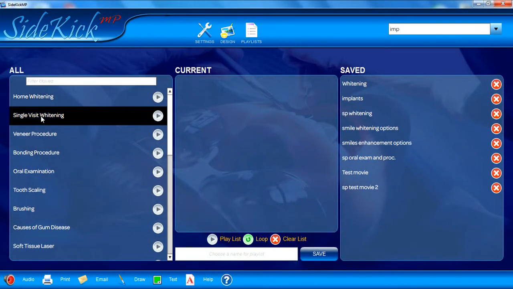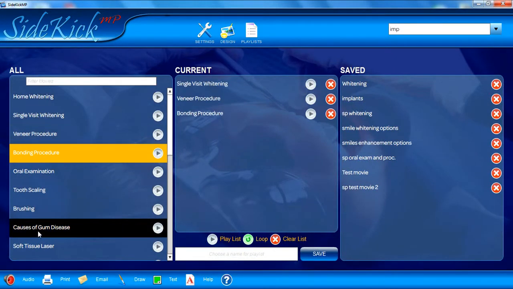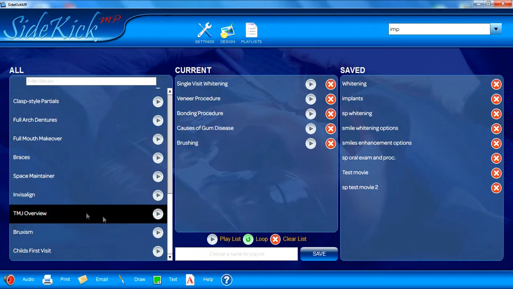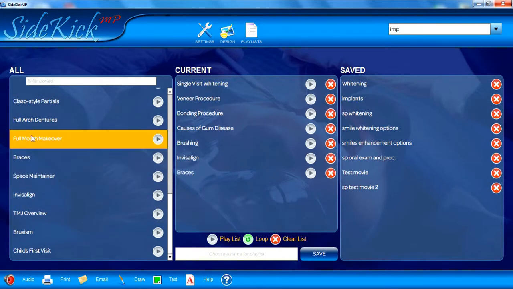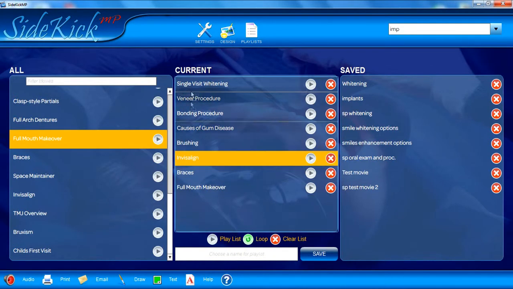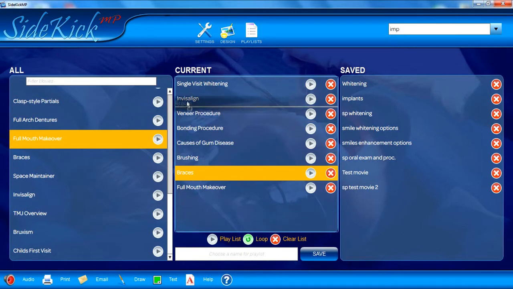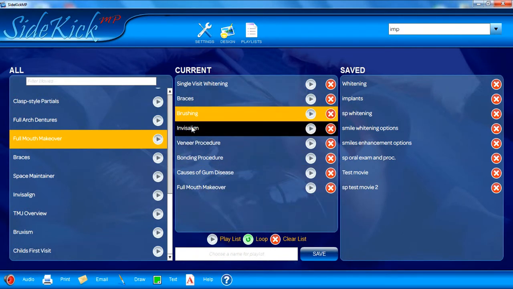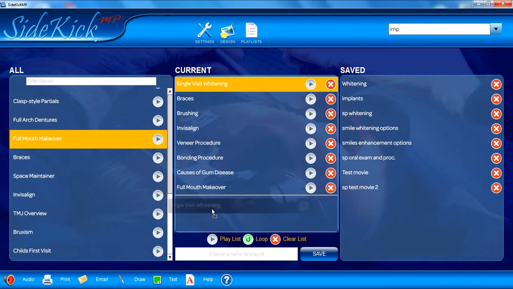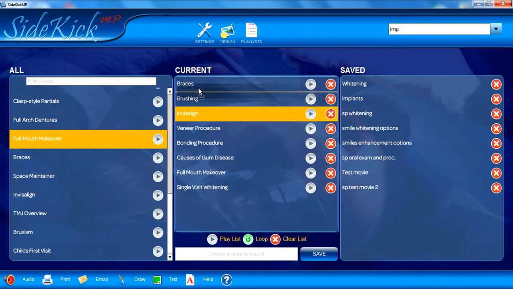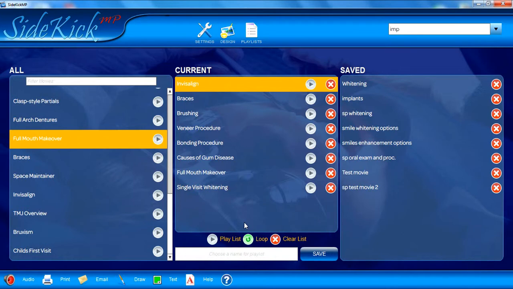But you can also pick out whatever it is that you want to show and move it around and so forth. And now I have a play sequence of different movies. Maybe I'd like to rearrange them any way that I'd like. I want Invisalign first. I want braces second. I want brushing third. And wait a minute. Gotta bring that back down here. And Invisalign first. So that's the play sequence that I want, and I can save it as a sample test